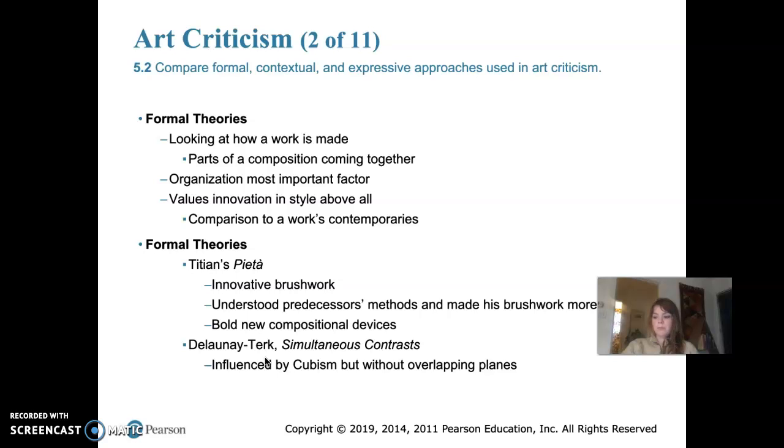So formal critics always need to know when a work was done so that they can compare it with its predecessors and contemporaries. They want to know the year that a work was done so that they can see if it is revolutionary or innovative. Is the artist doing anything new at that time? These are questions that formal critics would ask themselves. And the only way to tell is if they have the year of the piece, to know if the artist is being innovative in their approach.